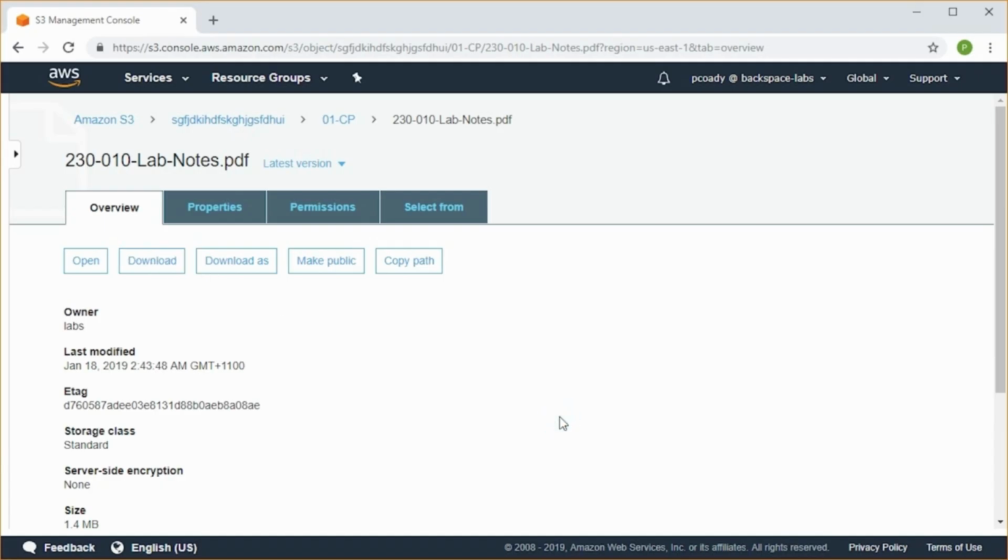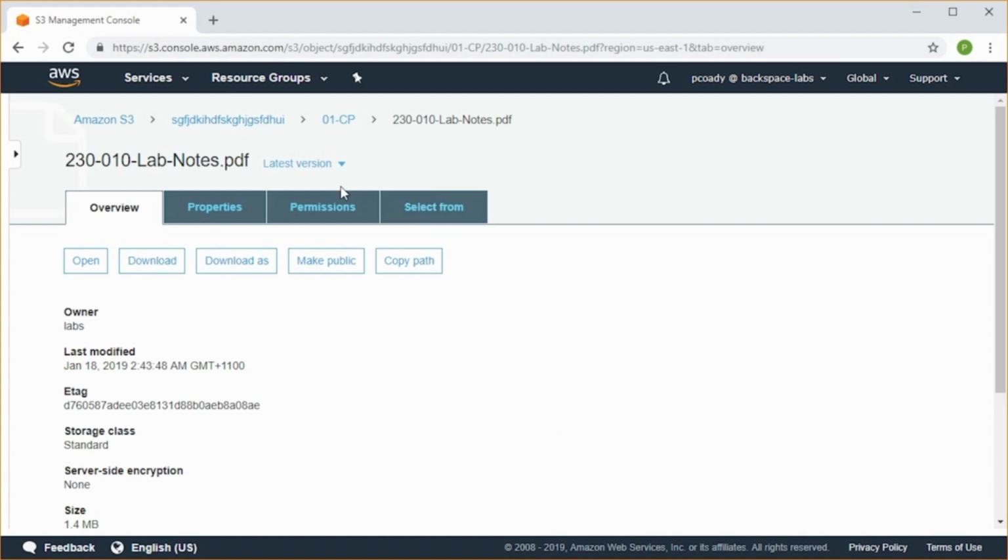So that brings us to an end. Now, at the end of all of these labs, I like to clean them all up and delete everything that we've done, simply because we don't want to get billed for it. So if you're operating on a new account, you're going to be getting a free tier. And so all of this stuff that we're doing here today will be free. And we just need to make sure that we clean it up afterwards.